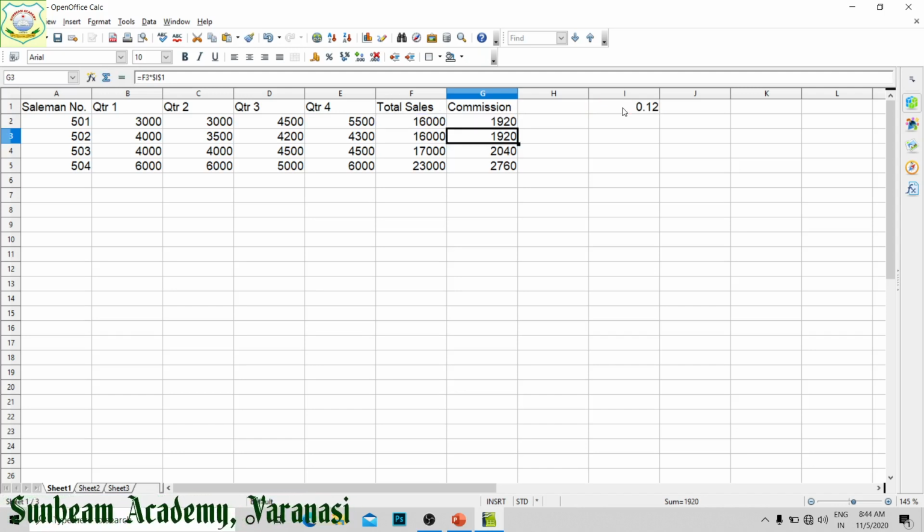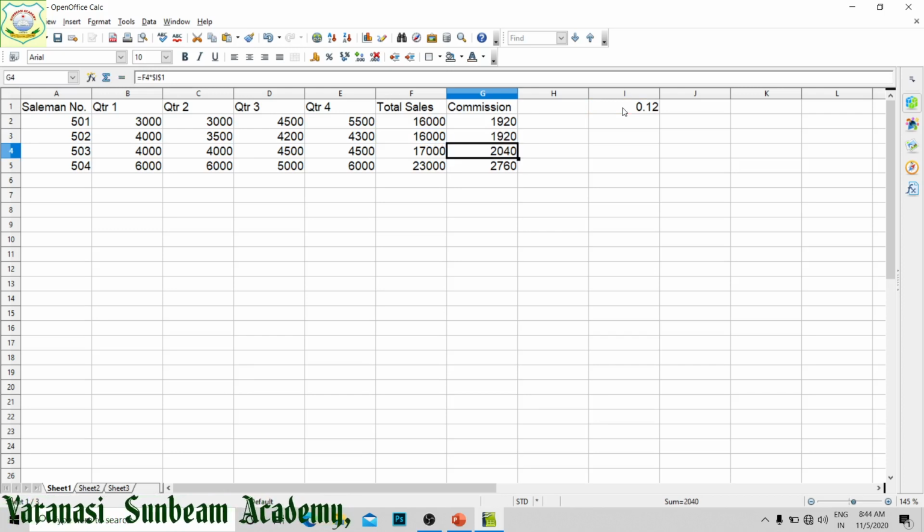Now from here, if I have copied here, you can see the relative part at the first row was F2 into $I$2. Here it becomes F3 into $I$2. Means the relative part has been updated, but the absolute part remains the same.